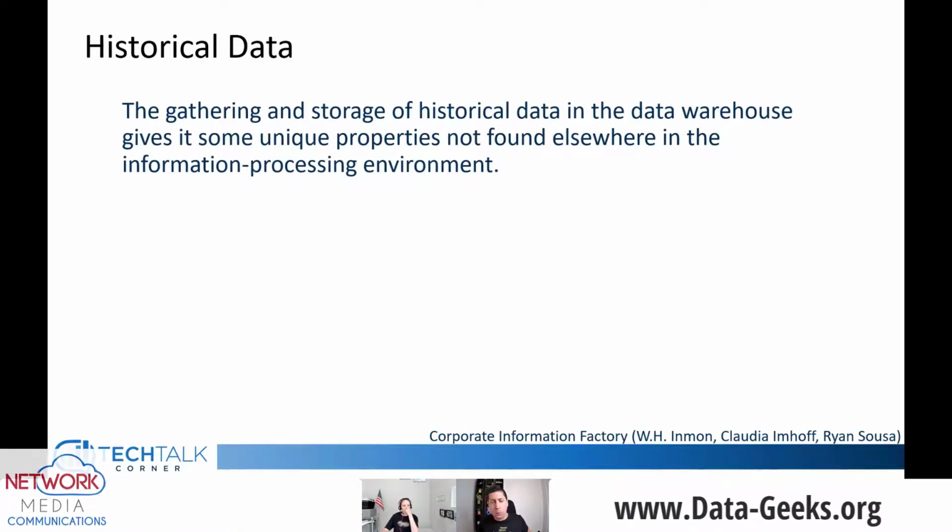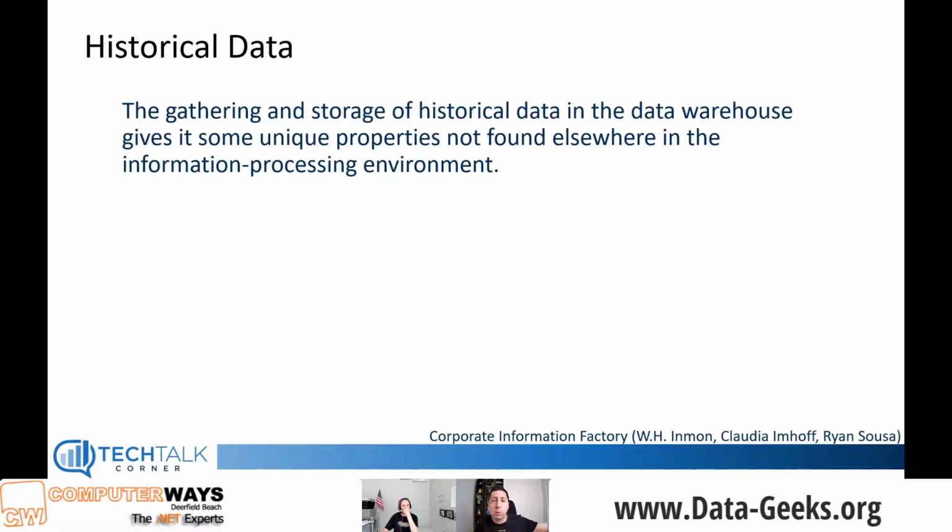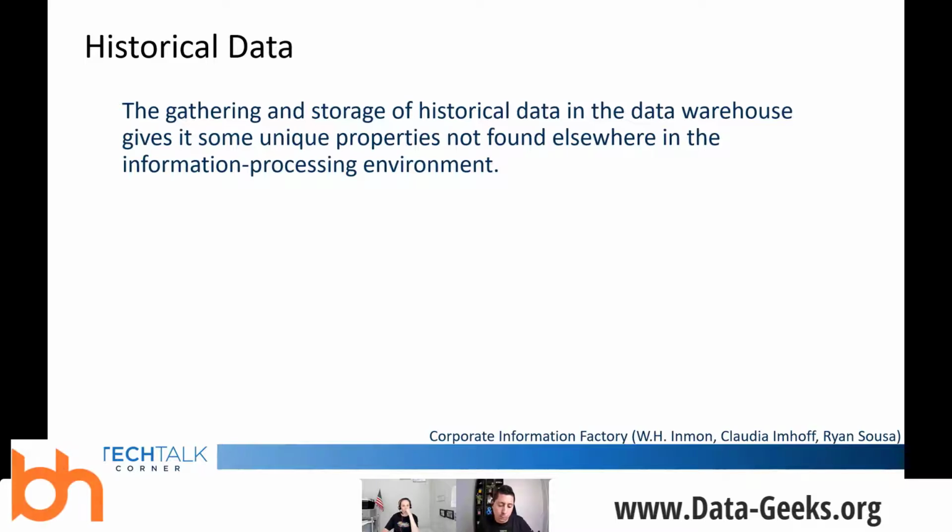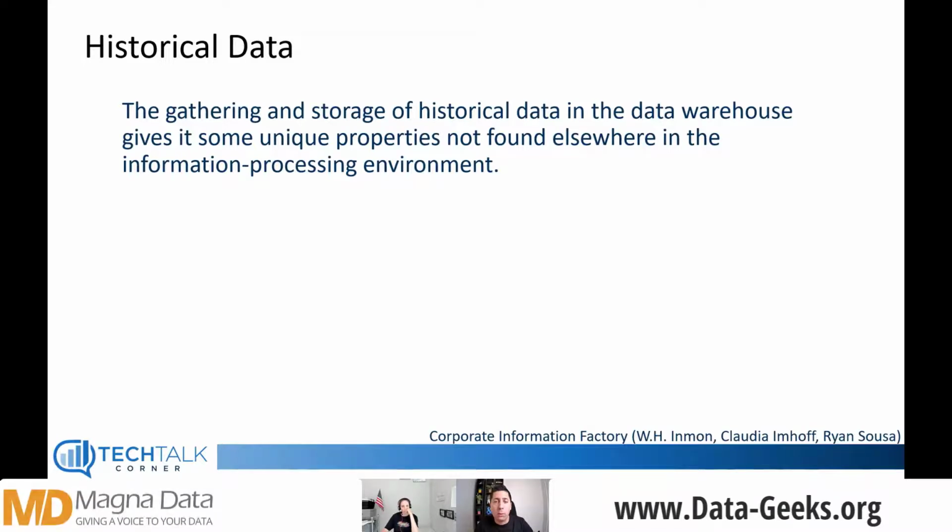We need to be able to capture as much information and go to the past as much as possible, as the business has defined, right? So if we need to capture 10 years of information in the data warehouse, we need to be able to do it, as well as if we need to capture 100 years, because we have some compliance rules that we need to meet, and we need to keep some PII information for 99 years.